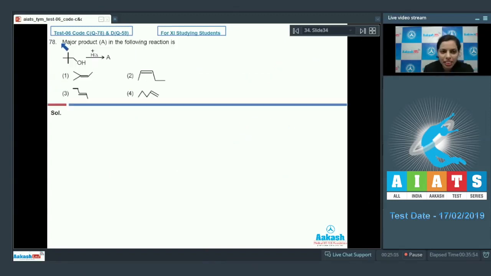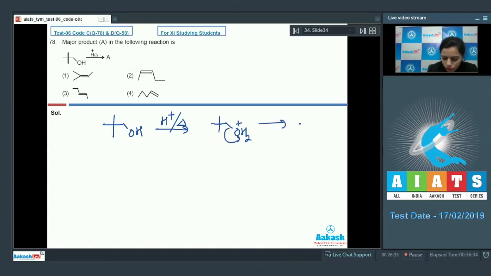After that, question number 78. Major product A in the following reaction is. We have this alcohol. H plus ion in the presence of heat is added. It means this is the process of dehydration of alcohol, and that results in the formation of alkene by the process of beta elimination. First we have this alcohol, and you are adding H plus ion in the presence of heat. So there is the removal of water. How does it happen? First is the formation of OH2, and then there's the removal of H2O, and there is the formation of